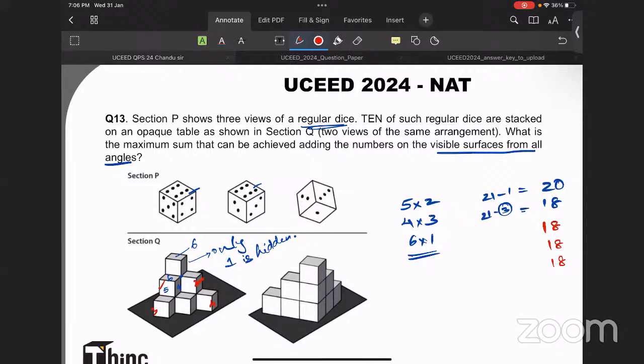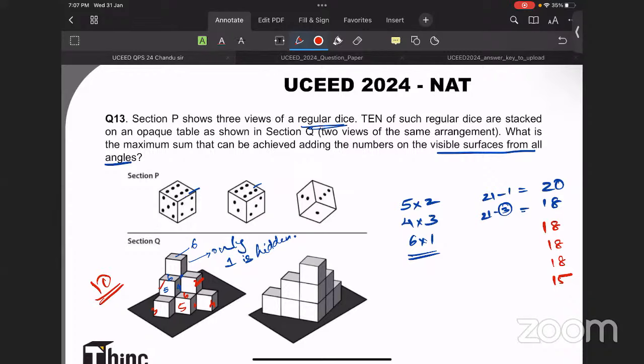Next we need to talk about this particular one. It can be 6, this could be 4, and this could be 5, and the other thing is hidden here. So that is 15. Actually there are 10 cubes in this particular figure. 2, 4, 6. We need to address the other 4 over here. They are coming on the rear side.